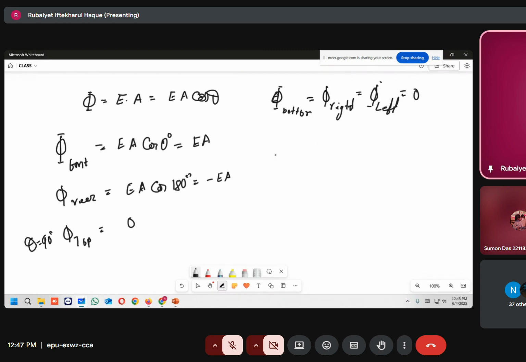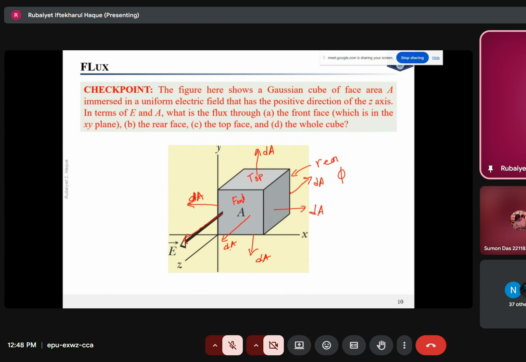সবগুলো জিরো। সুতরাং আপনি যদি এখন টোটাল করেন, নেট করেন, 6টা ফেজেরটা যোগ দিবেন, তাহলে হচ্ছে EA মাইনাস EA প্লাস 0 প্লাস 0 প্লাস 0 প্লাস 0। সো টোটাল নেট ফ্লাক্স ইকুয়ালস টু 0। সো আপনার হোল কিউবের অ্যান্সার হচ্ছে 0। কারণ কি দেখেন, এই ইলেকট্রিক ফিল্ড তো বাইরে থেকে পেনিট্রেট হয়ে আসছে।